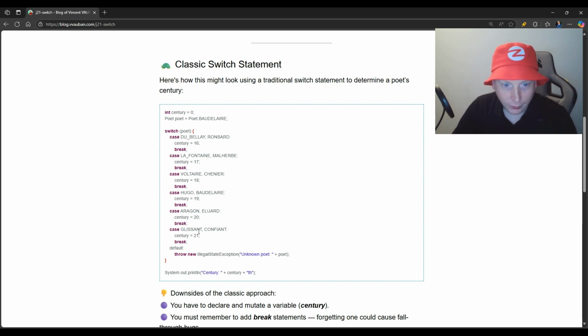and their values. And in the end, you have a default clause which throws an illegal state exception, unknown poet plus poet. And after that, once we have initialized the century, we output it in a System.out.println of century, because in the switch, when you pass a poet, it will set the century value. For example, here 0, if the poet is Baudelaire, the switch goes till it encounters the Baudelaire clause here, and it will set the century to 19, and in the end it will output century